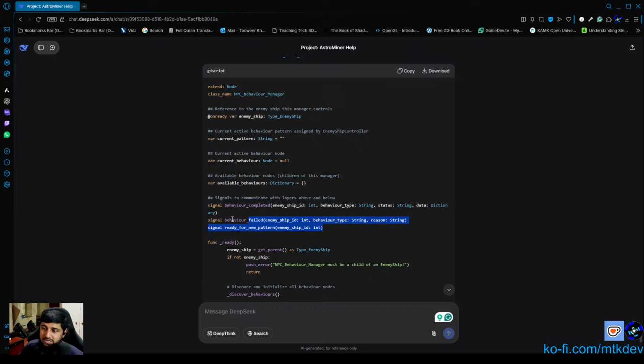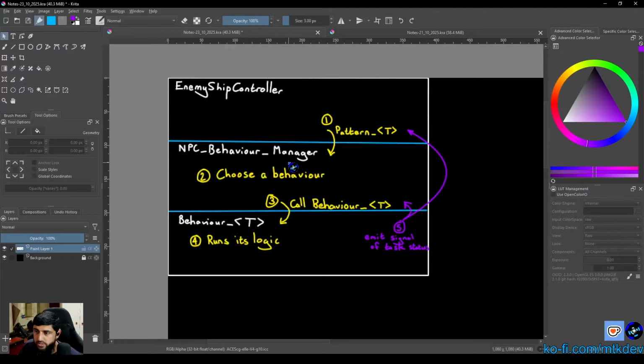The reason why I said that it shouldn't communicate that a behavior is completed here is because a behavior is the layer down from the NPC manager, and the behavior completed signal is a signal pointing upwards. So if I go back to Krita just to show you, this layer currently, according to this mistaken code, is announcing to the enemy ship controller that a behavior is done, right? Where we actually want emit signal of task status to go up to the behavior manager,